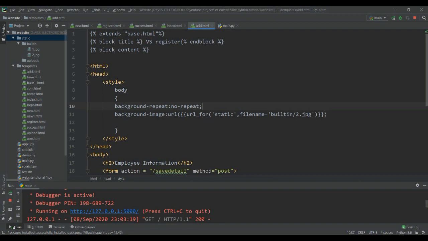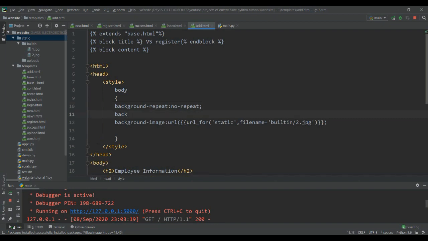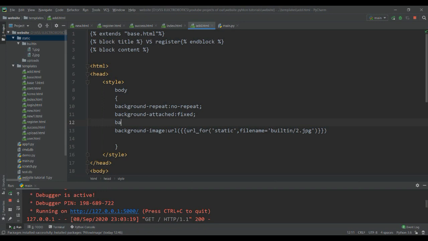Then we're going to attach the background image. It should be fixed there, so it should not move here and there. And if we maximize the web page or minimize the Chrome tab or something, the background image must be adapted to every purpose, for maximize and minimize. And we need background size. This is the main thing. It should cover everywhere.